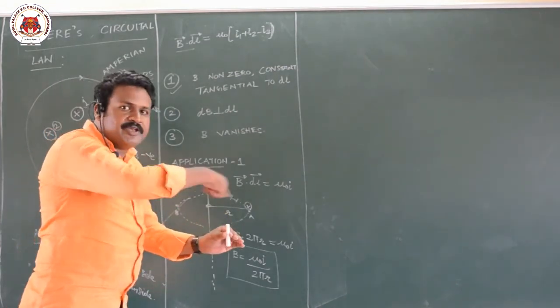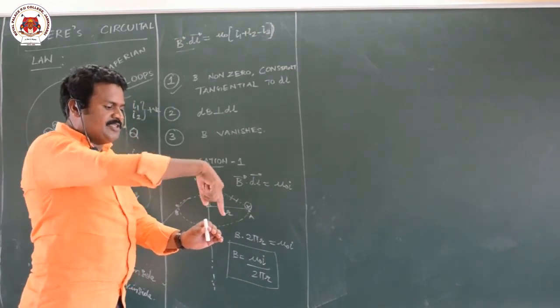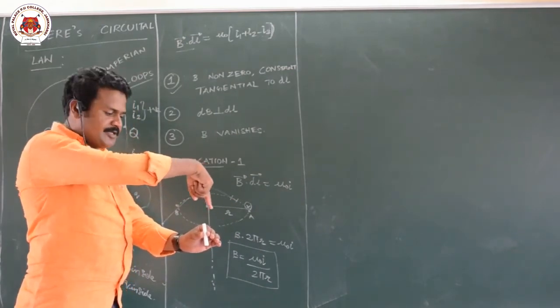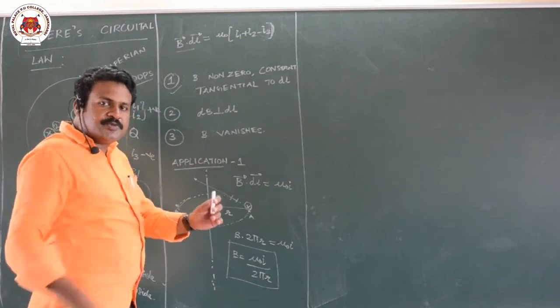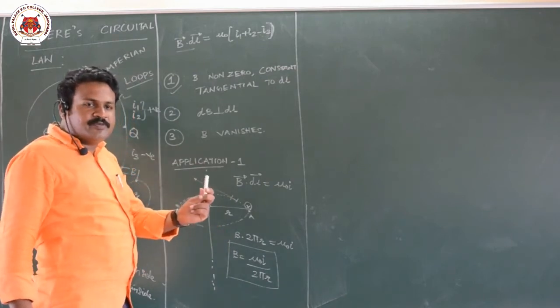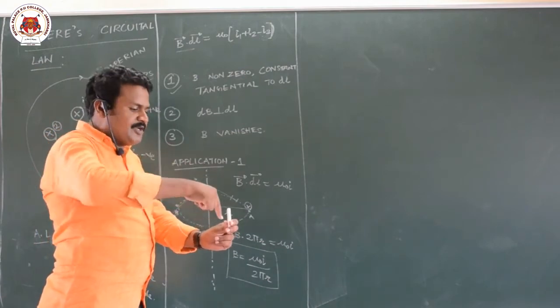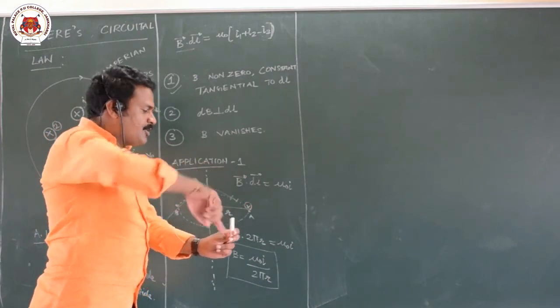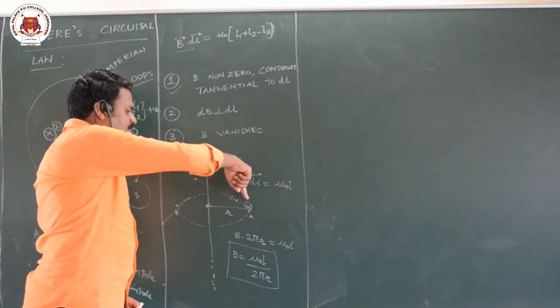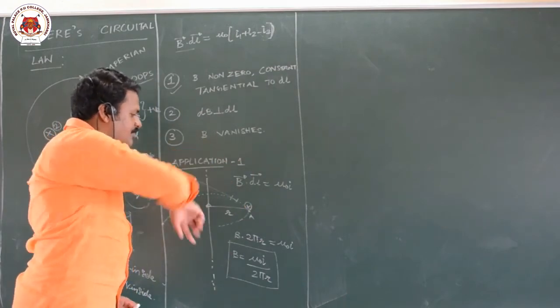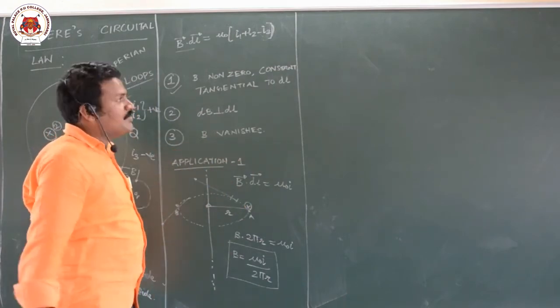Around this wire, the magnetic field is there, like this. At this point it enters inside. At this point it comes towards you. The wire is present on the plane of the board. The magnetic field line is present like this. So the magnetic field enters into the board and comes out of the board like this. It enters, comes out, enters and comes out. That is application 1.